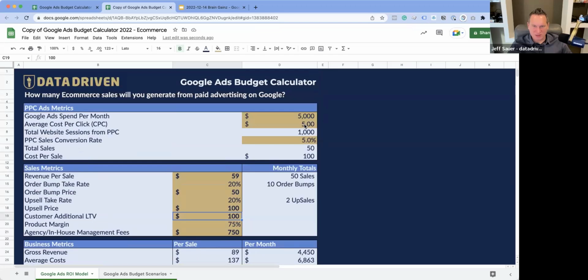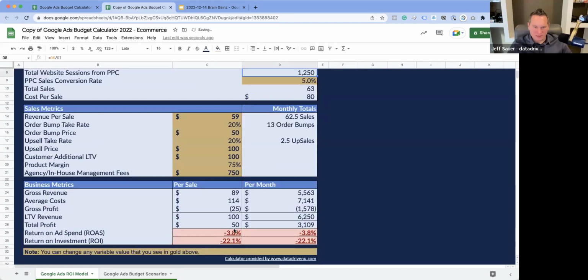Is this logical? If you were to lower your cost per click, then it is profitable, for example. And the things like return on ad spend and return on investment are incorporating revenue and profit. That's why they're showing as negative, even though you are making a little bit of money, because return on ad spend and investment are on that initial buy, not necessarily on overall profit.